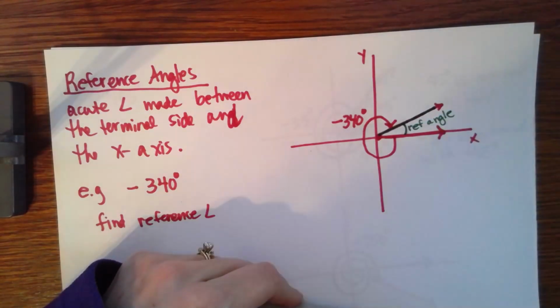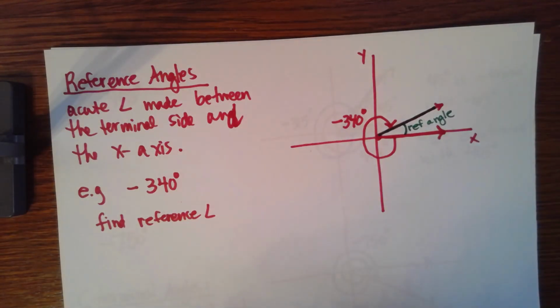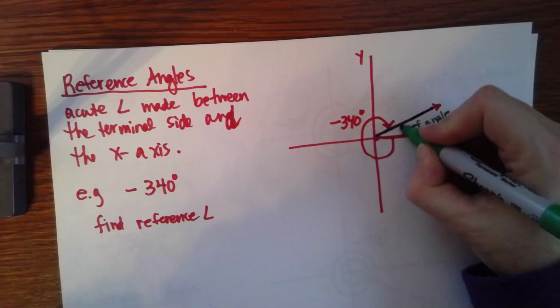Because that one's acute, and it's made with the x-axis. And so, what is that angle? And it's always going to be a positive number. We're not really going to use negative numbers when we talk about reference angles. So this reference angle right here